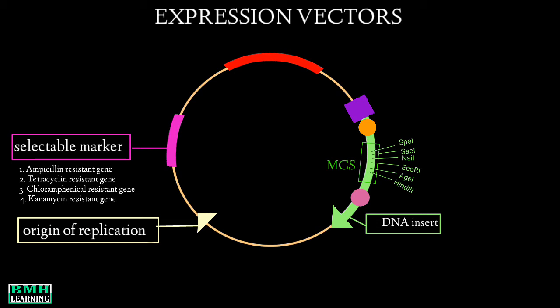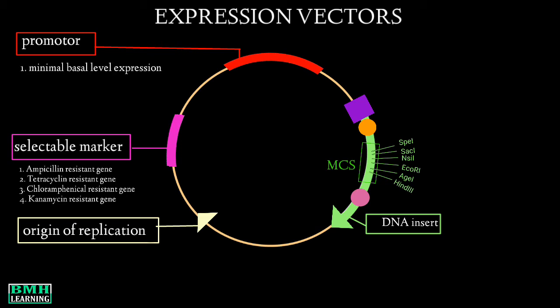Then coming up the most important element, the transcriptional promoter. So what is a promoter? It's a region of DNA that controls the transcription of a particular gene. Now these are the qualities of a good promoter. It must have minimal basal expression level. That means tight regulation of promoter should be there. The promoter should be easily induced, meaning that protein synthesis is only initiated when required by the introduction of an